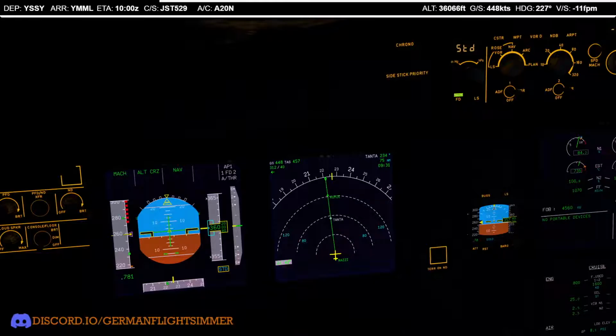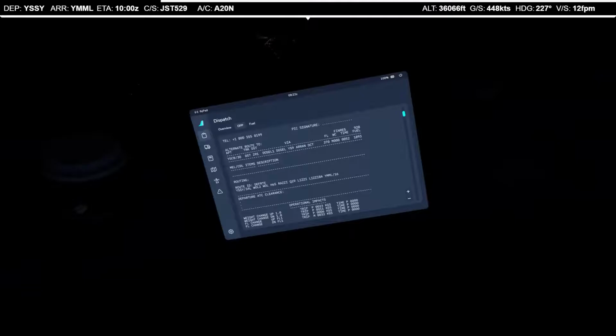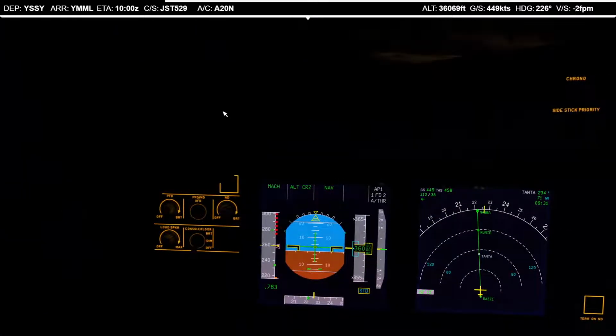And I know now that why this controller doesn't appear on the controllers list is because he's online as Melbourne West or Eldon Weir Centre. And he's basically doing two sectors at once. We just heard that the Speedbird was requested to contact him, so the same person on another frequency. Don't know what the reason behind that is, but